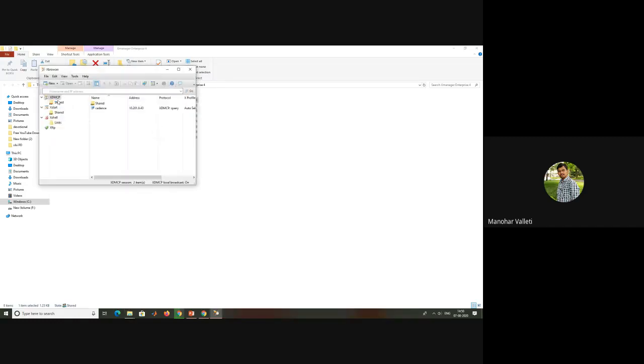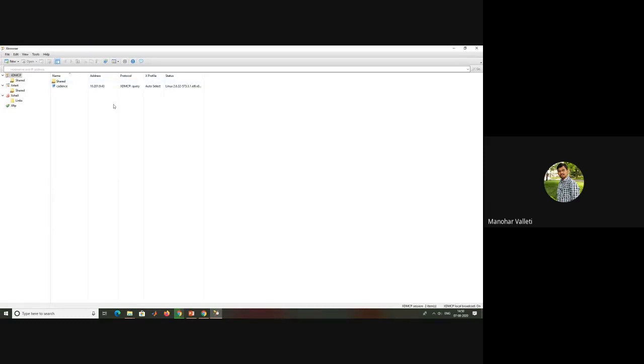So I'm double clicking on that, and maximizing. You just see here, if your Cadence server in the college is on, the Cadence server icon will show like this. If the Cadence server in the college is off, you won't get this icon. You will see only links like this, no Cadence icon will be shown here. Only XTMCP and the shared folder will be there. The Cadence folder won't be there if the Cadence server is not on in the college. So as the icon is there, it means the Cadence server is on in the college.